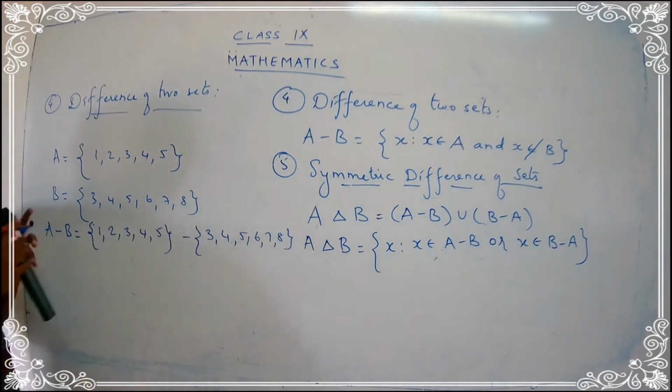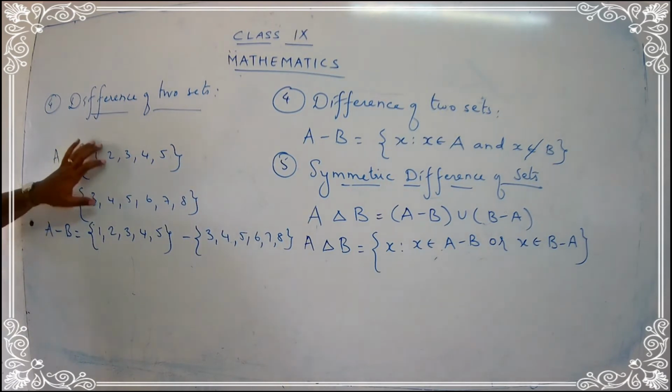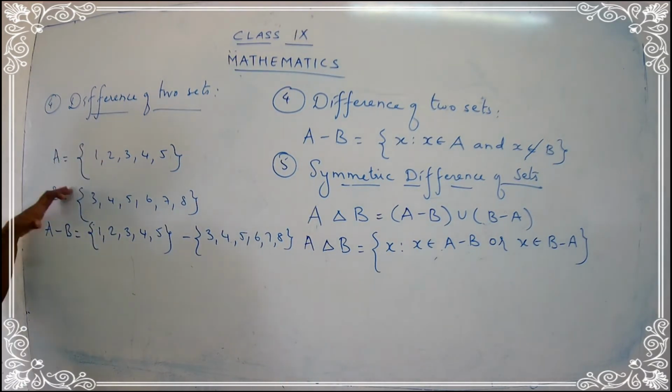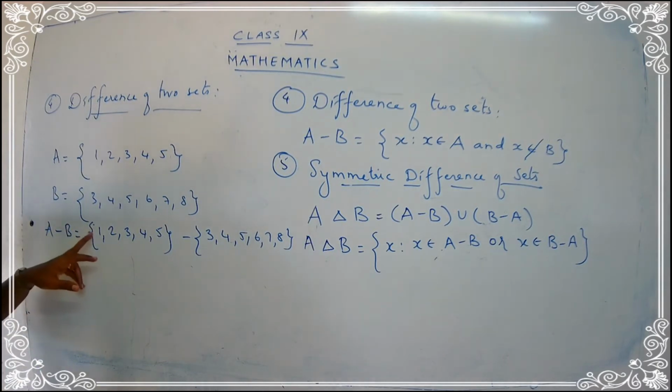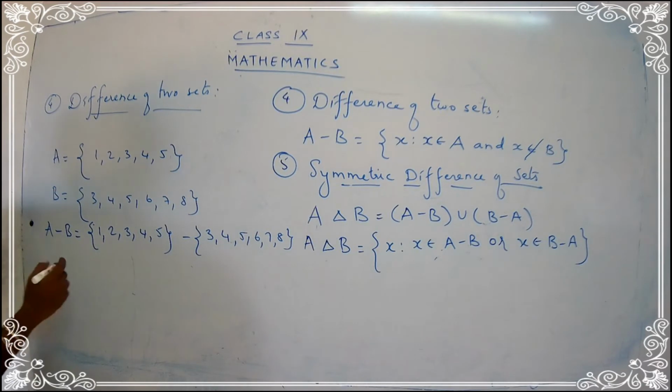Okay, so these are the members. I have taken the values for A and I have taken the set B. So now I want A but I don't want B. It should be present in A only. Talk about 1. Is the number 1 present in A alone? Yes, I have 1 in A alone. I don't have 1 in the B part. So I can choose 1.